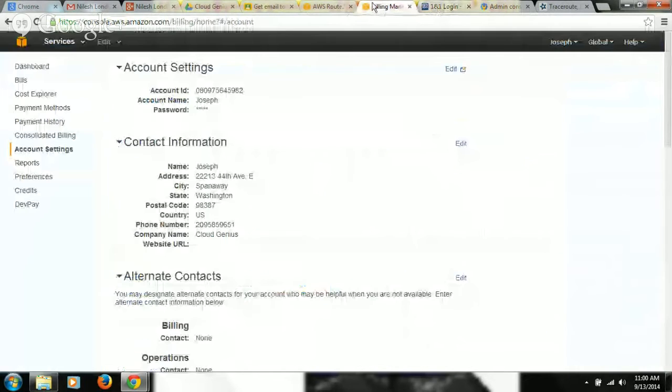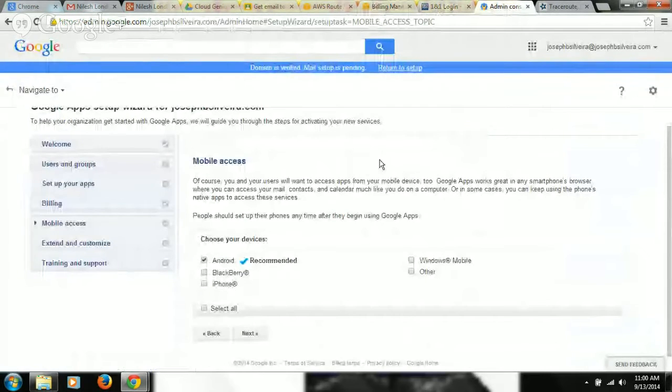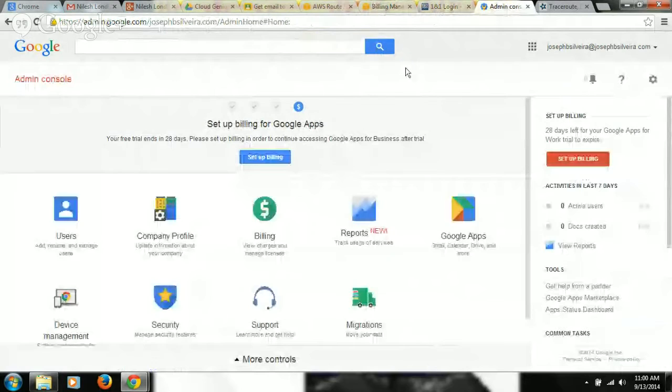At the top, there is a blue button that says return to setup. Make sure that is taken care of. Back in Google, at the top blue button, return to setup. And I think you are set up.